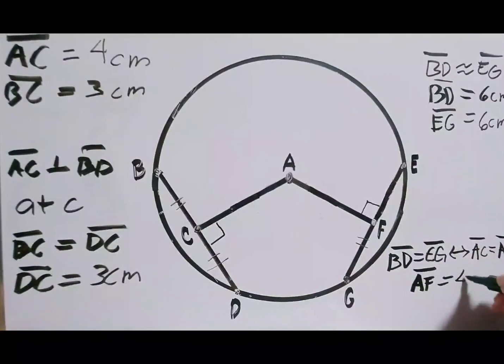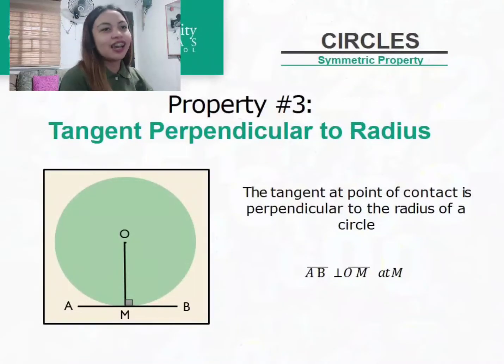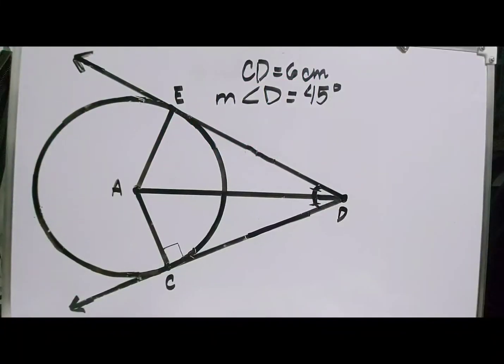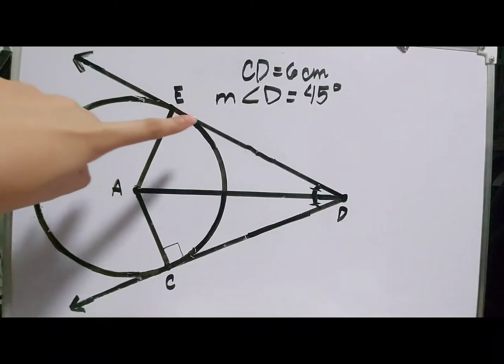also 4 centimeters. Property number 3, tangent perpendicular to radius. The tangent at point of contact is perpendicular to the radius of a circle. For example, in this circle, we have radius AC perpendicular to this tangent, as well as this radius AE is